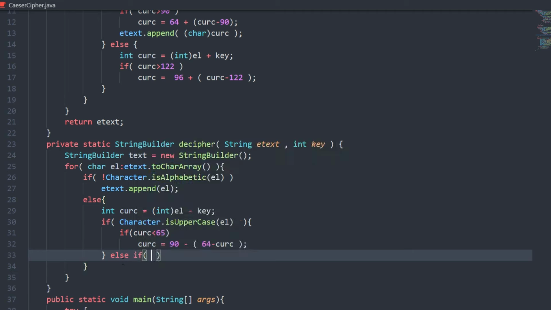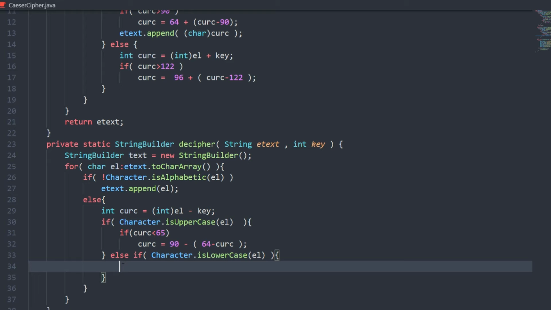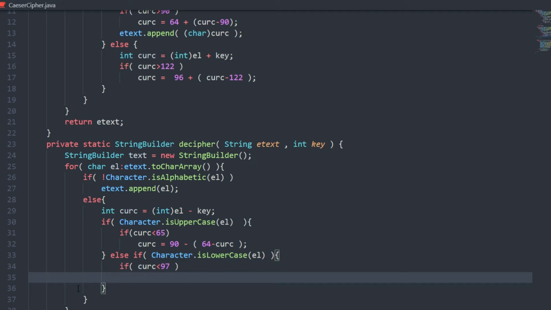Else if a character is lowercase, what we can do is check if our current C is less than 97, which is the ASCII value for small a. So if it goes below 97, we have to do something similar here as well.